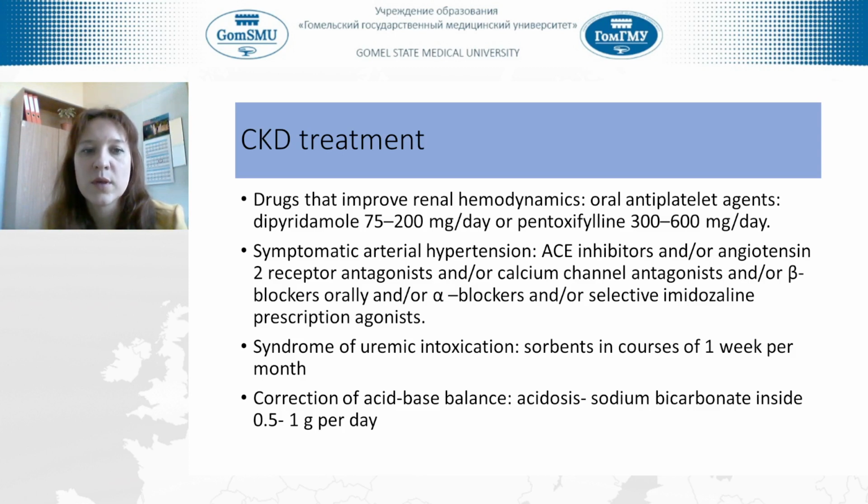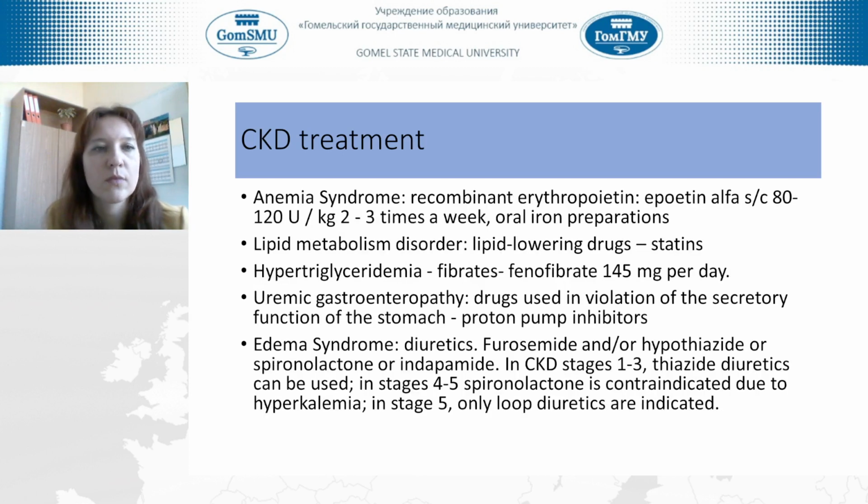Correction of acid-base balance, acidosis: sodium bicarbonate orally, 1 gram per day. Anemia syndrome: recombinant erythropoietin alpha. It can be oral and should be an iron preparation. Lipid metabolism disorder: lipid-lowering drugs, statins; hypertriglyceridemia: fibrates, fenofibrate. Uremic gastropathy: drugs that inhibit secretory function of the stomach, proton pump inhibitors. Edema syndrome: diuretic therapy, furosemide and hydrochlorothiazide,